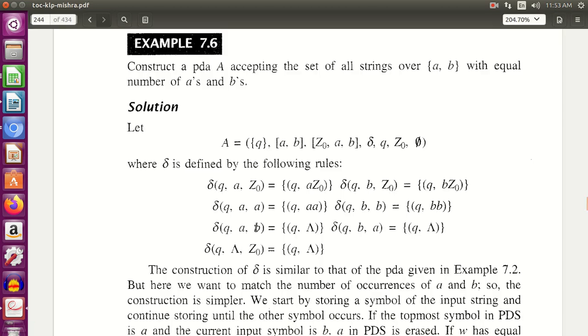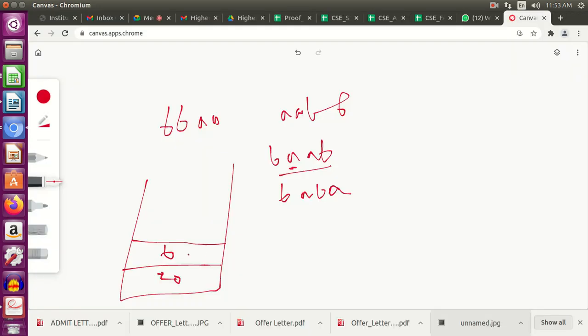Top of stack is B, I get an A, so I'll simply pop this B because I'm getting A.